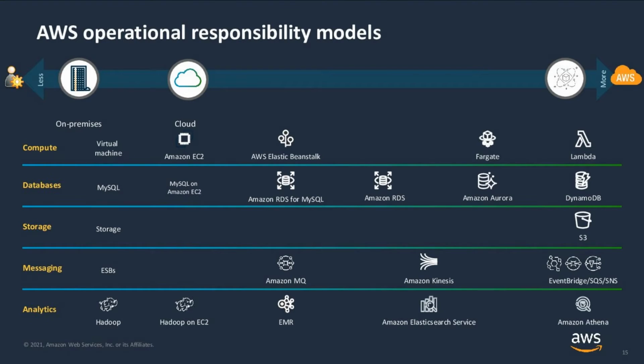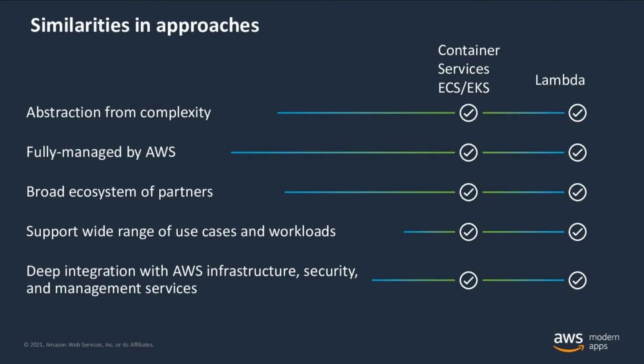Our goal here is to provide you more choice and also to provide you a path to modernize so that you're responsible for less and we manage more of your infrastructure. This will free up your time to focus on improving your business outcomes. One of the important choices you will make in your modernization journey will be around application architecture and compute strategy. Let's start exploring the options you have around those.